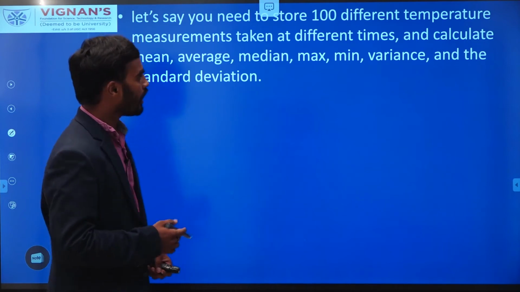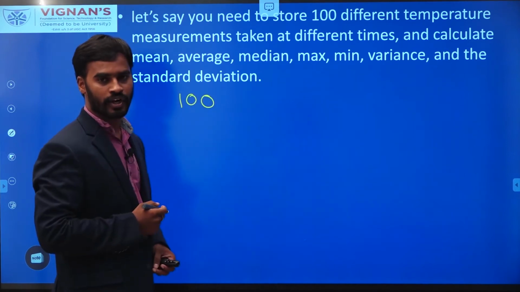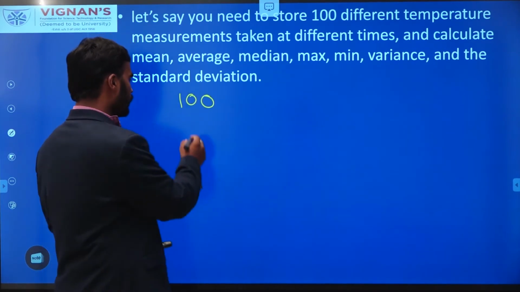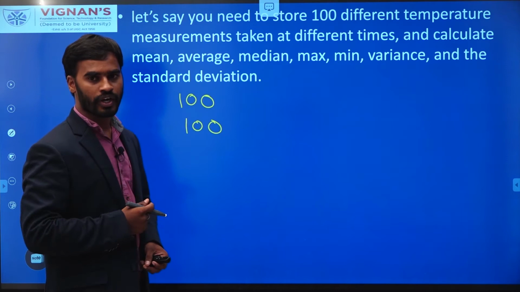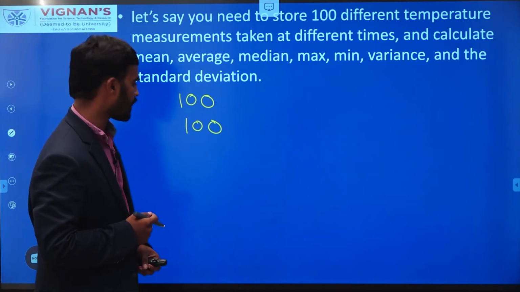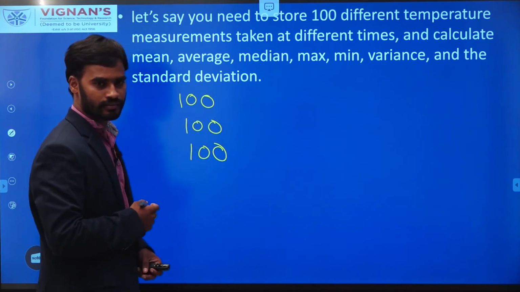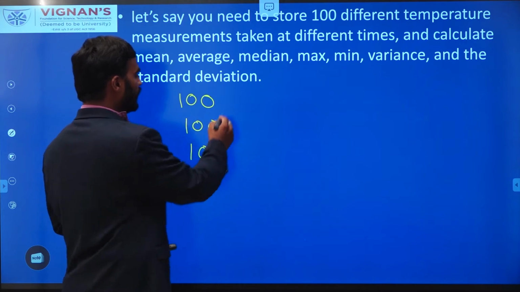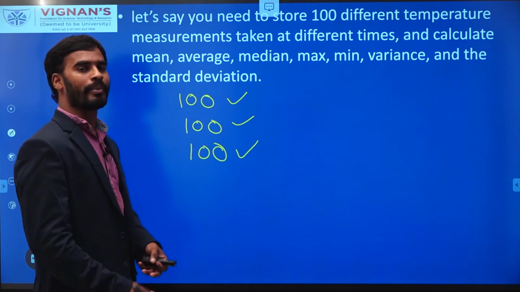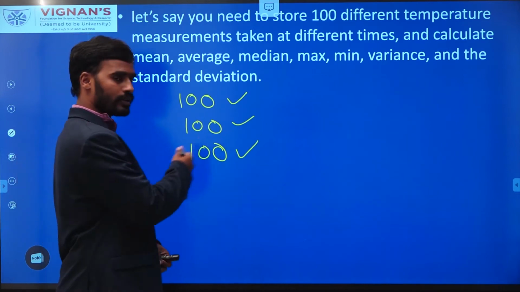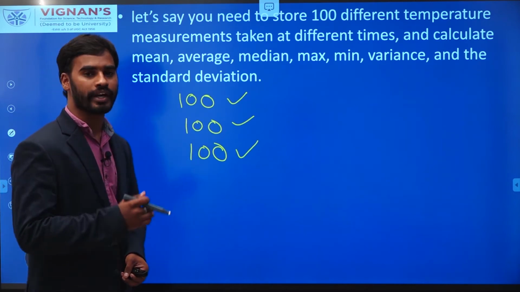So again you have to declare 100 variables for the 100 temperatures that you recorded at different time intervals, and you need to write 100 input statements to record all the 100 temperature values. Then you need to write 100 statements to find the average of all the temperatures. So you need to write this many statements to perform a basic average of 100 values. This is not the efficient way of writing programs when you are working with large data.